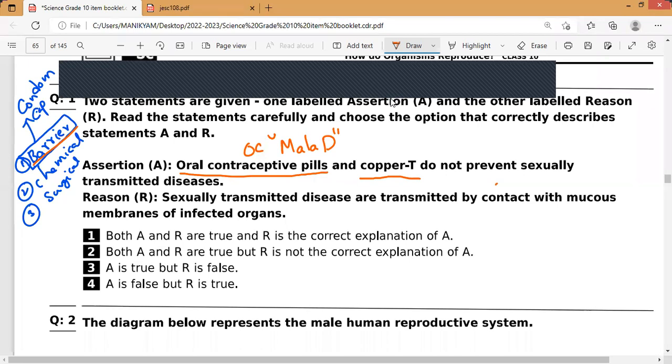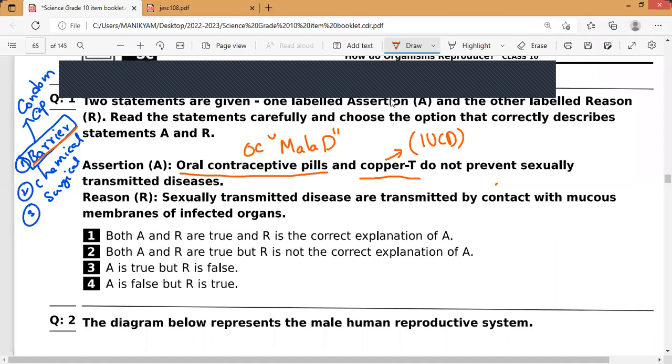That is why taking chemical methods is not suggested by doctors. The same applies to the copper T, the IUCD, the intrauterine contraceptive device. It is very effective in preventing pregnancy, but it cannot prevent